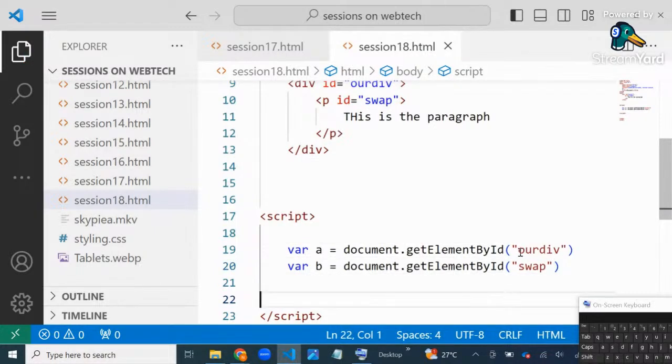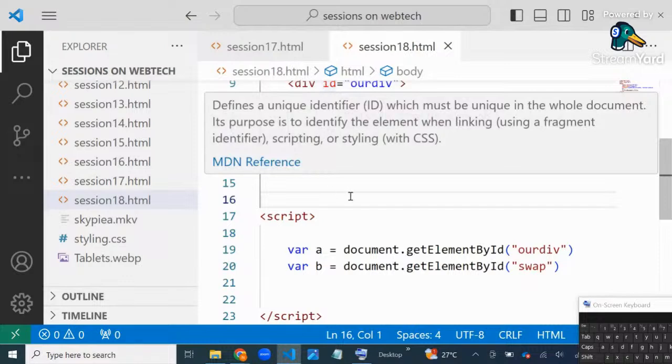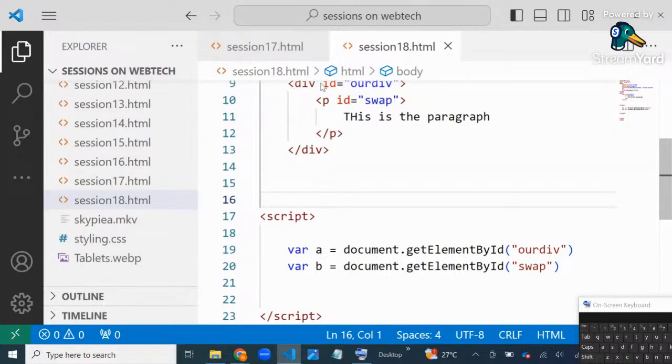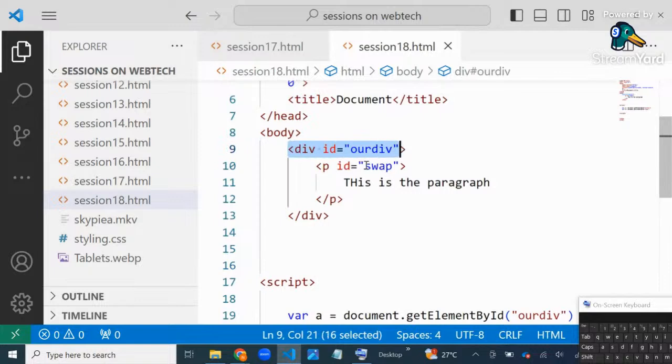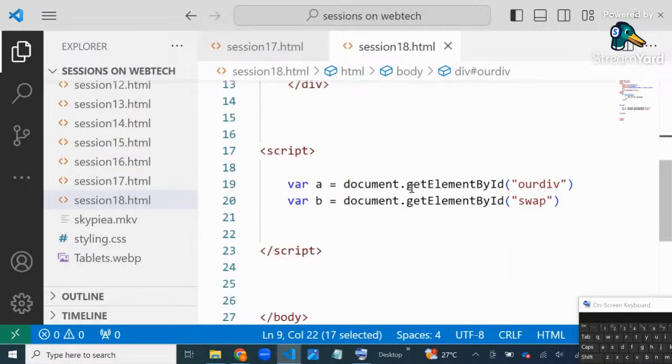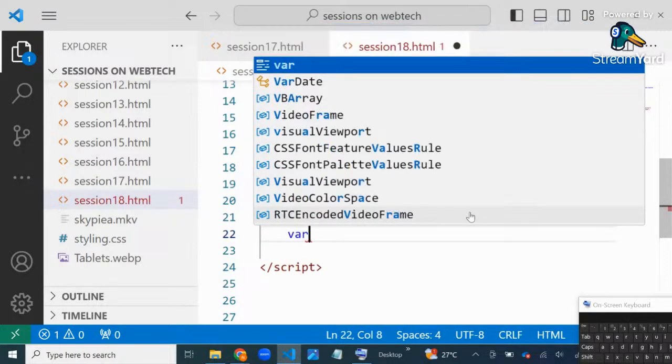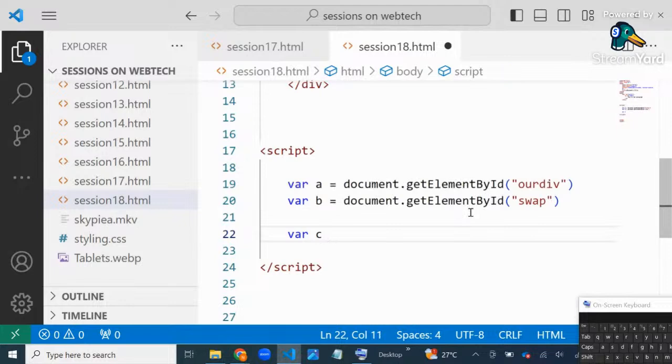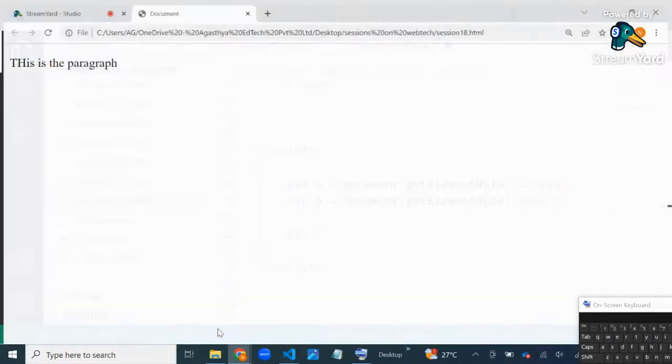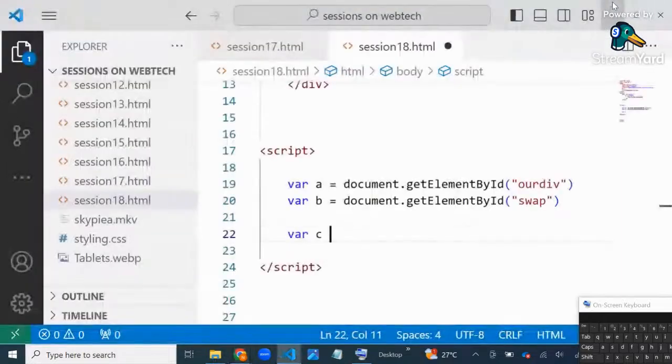See here, the first id is our div and the second id is swap. Now I have control over both this div and the paragraph. So now I will take another var c. The output is this, just one paragraph inside the div. So I will say c is equal to